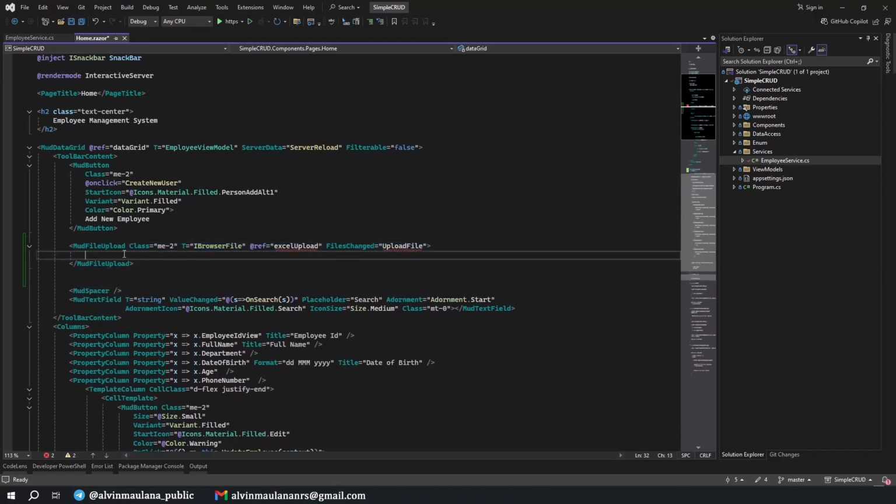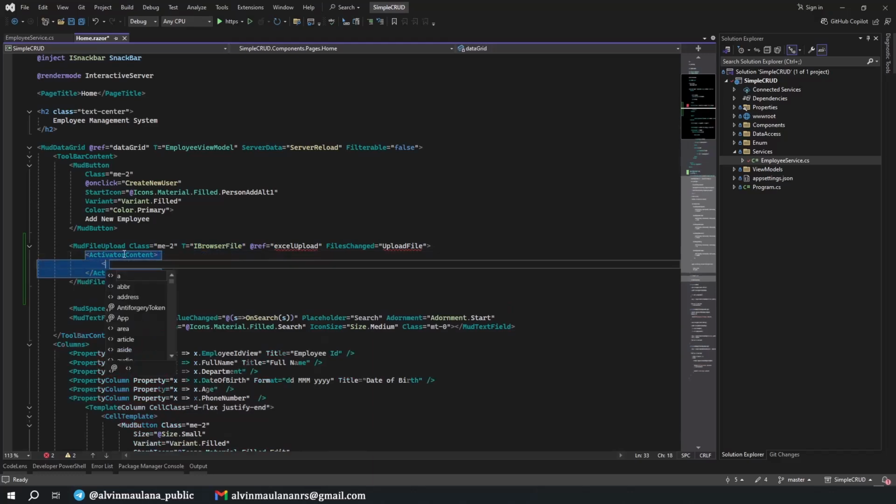And we need to have an activator content, and in here we will have a button to trigger our file upload. What button? Variant is a variant filled.